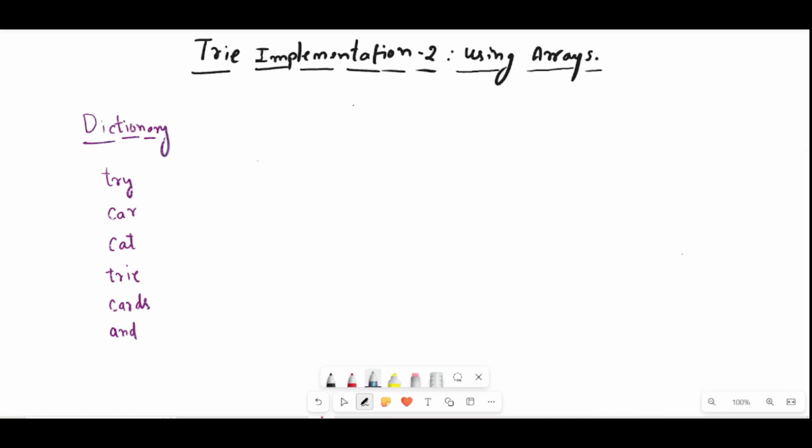Let's say we have this dictionary which contains these 6 words. The range of the characters in these words is from small a to small z. That means we have at most 26 types of characters for every node to store. So let's build the corresponding trie for this given bunch of words. We start from this root node. From this root node we have the very first character for the very first word we are trying to store,